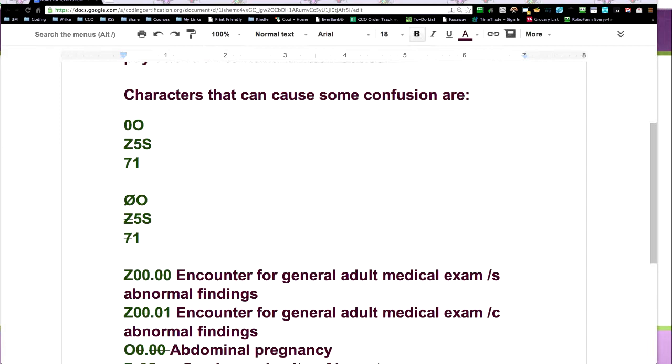Now, another one is the letter Z. Surprisingly, some people make their Z's look like 2's, and so that can cause a problem. Z, 5 and S, you'd be surprised when those are written how some people, they just look a little too similar. The number 7 also often can look like a 1 for some people, and so what you'll see with ICD-10, and what I was teaching my students at the college, is to learn how to strike through certain letters.